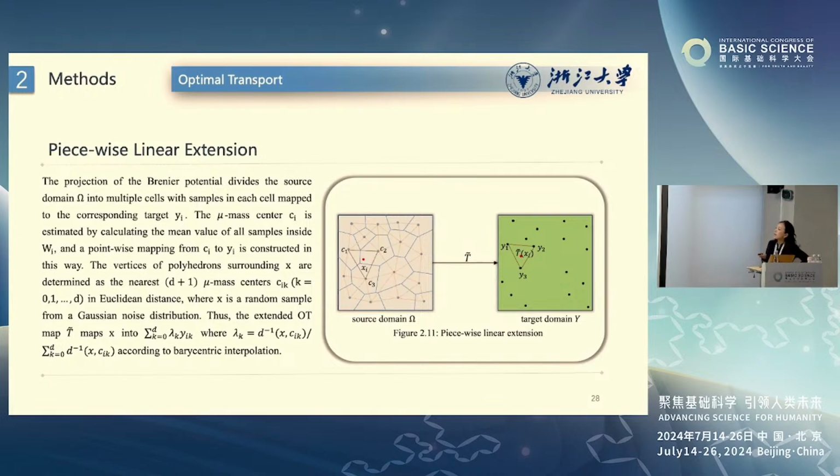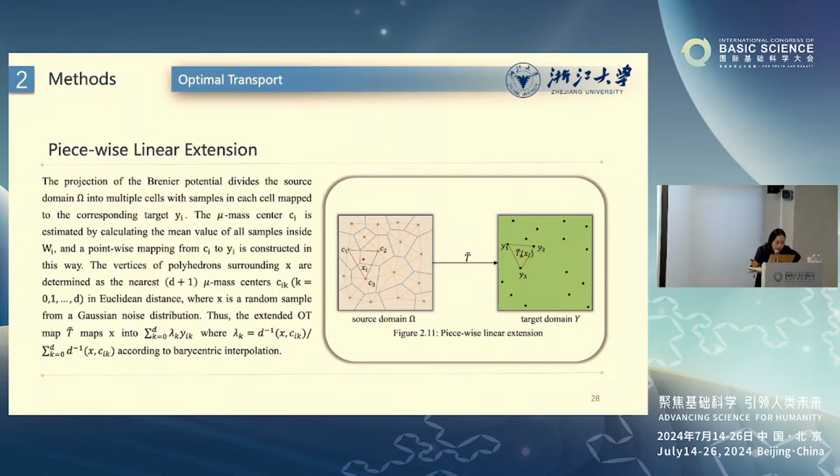So here is how we generate samples. So the part Brunner potential divides to in the sample map to center or sample and the point was